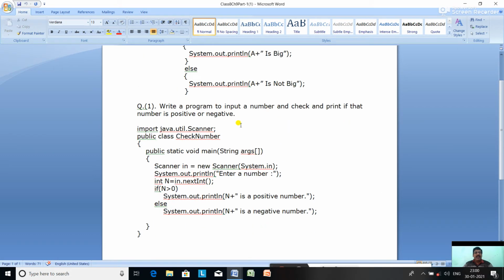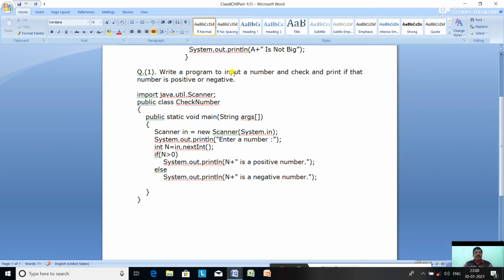Now let us see a programming example. Suppose we want to write a program to input a number and check and print if that number is positive or negative. So we are going to do input. So import the java.util.Scanner package.